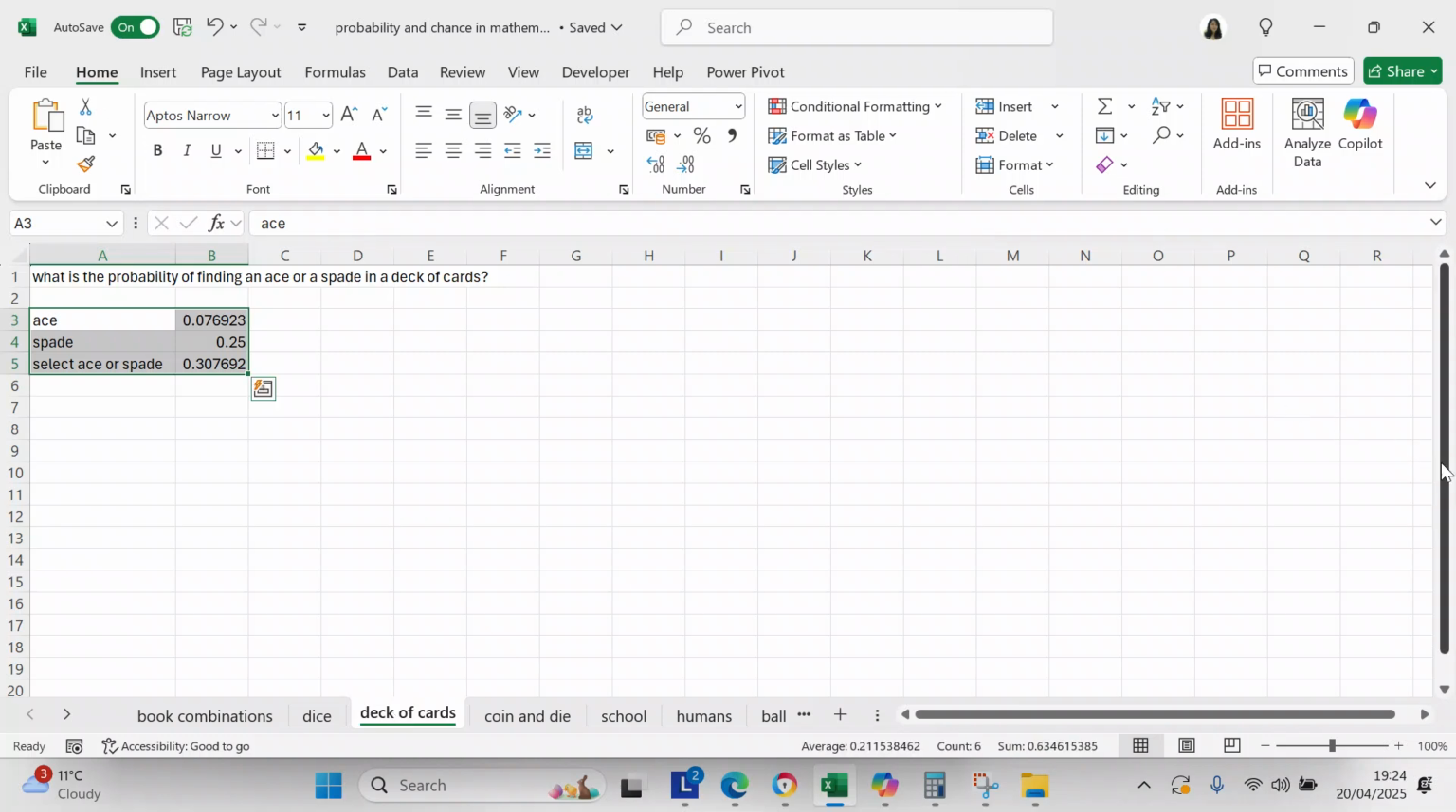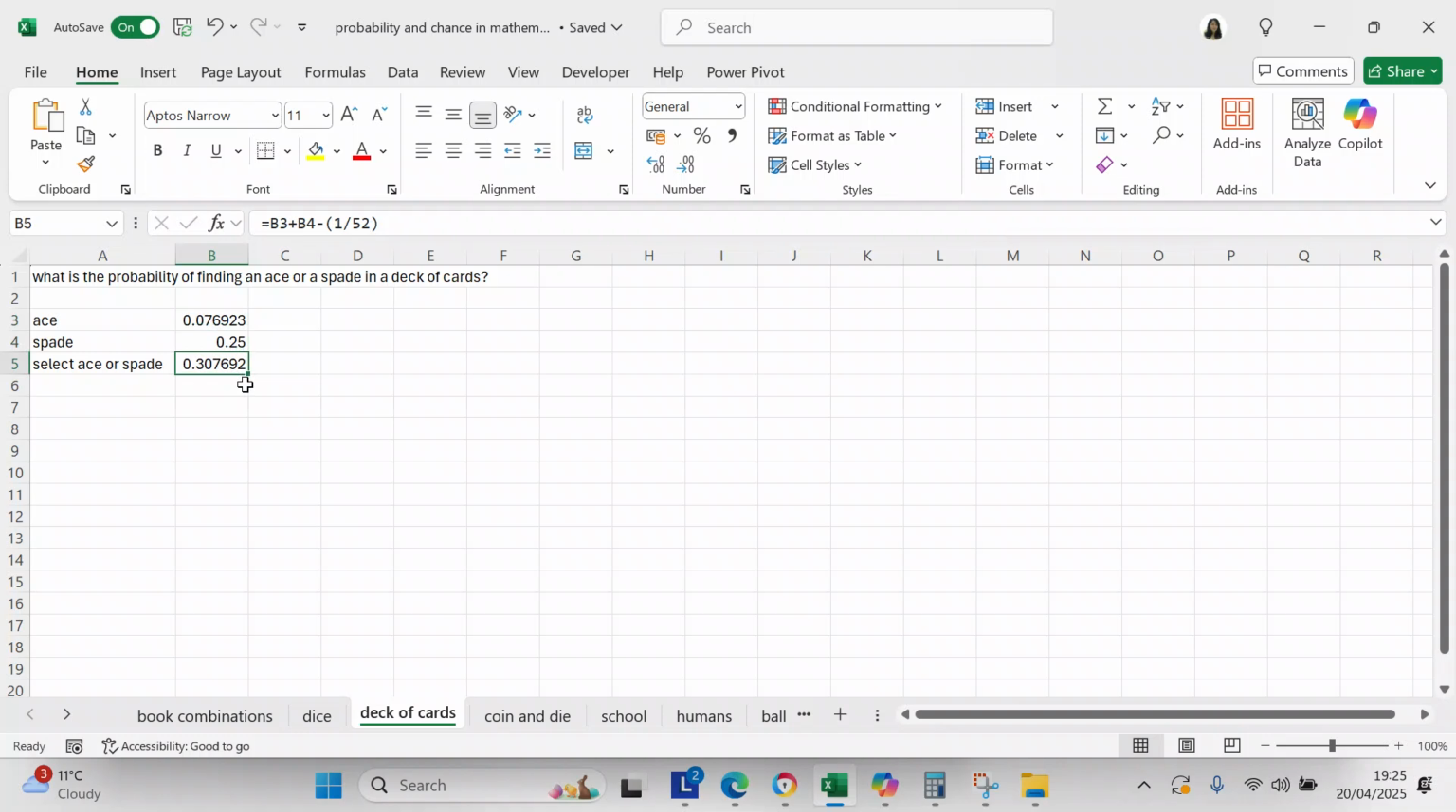Now we're going to have some questions concerning a deck of cards. What is the probability of finding an ace or a spade in a deck of cards? The probability of finding an ace is 4 divided by 52. The probability of finding a spade is 13 divided by 52. And then to select an ace or a spade, you have B3 plus B4 minus 1 divided by 52,